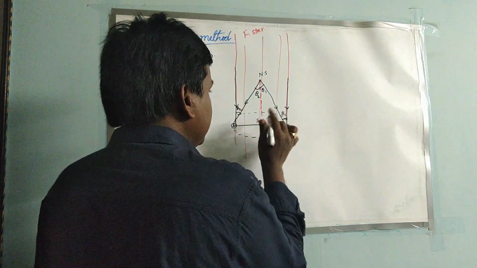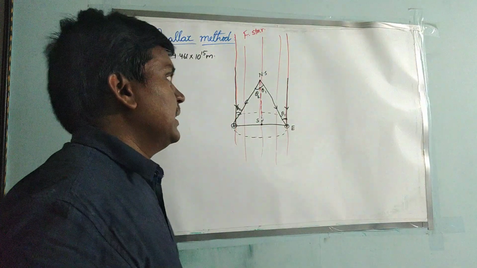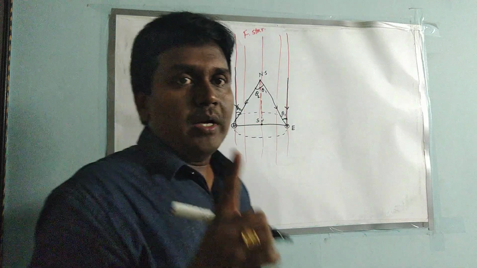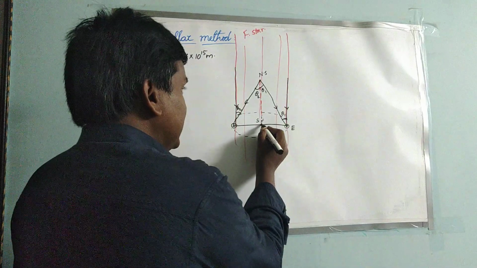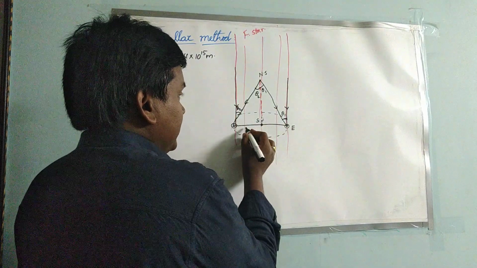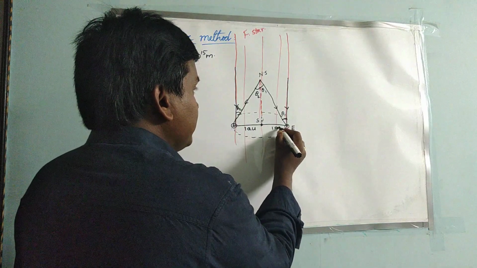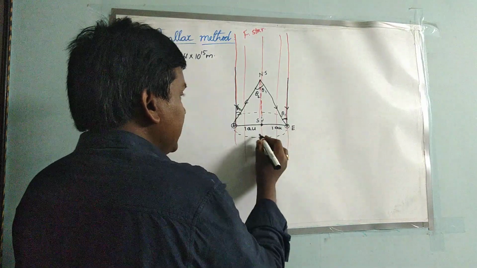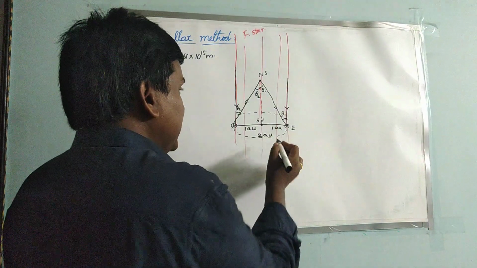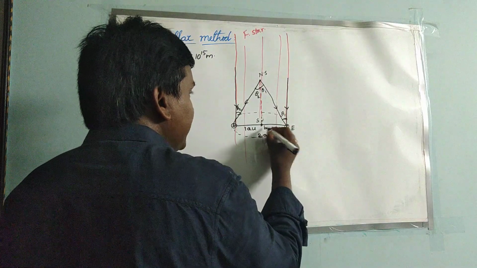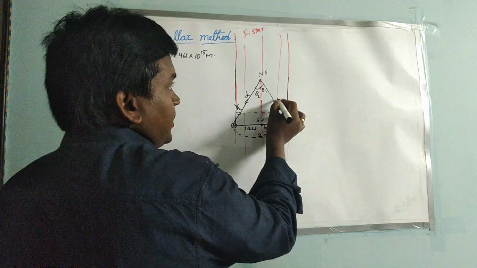Yes, this is the diameter. And here we know one astronomical unit. The astronomical unit means the distance between the sun and the earth. So this is 1 AU, and this also will be 1 AU. So the total diameter will be 2 AU. I am naming this diameter as B, and the distance between the star and earth is D. So this also will be D.